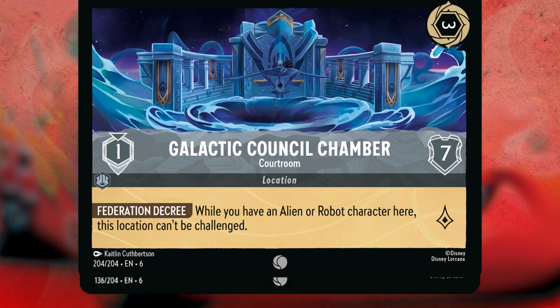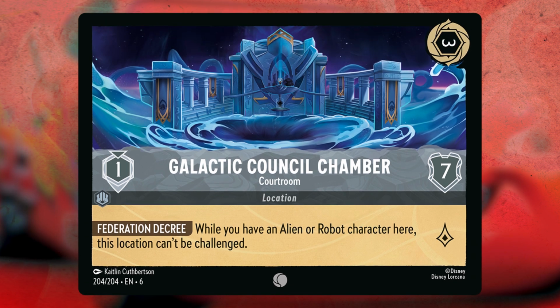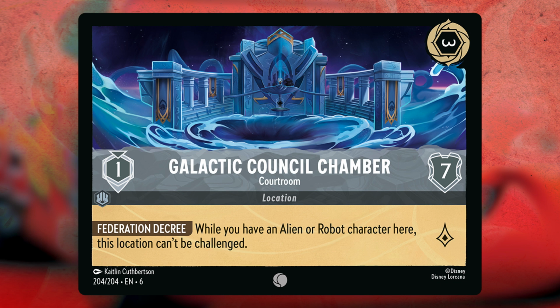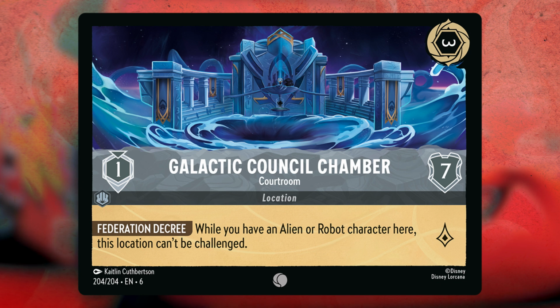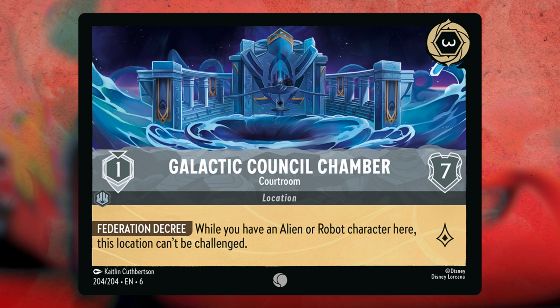Another location within a set rhythm happens to be a reveal from the lorecast for Azurite Sea. Galactic Council Chamber Courtroom gives a new look at this eerie alien location within the sea. Stitch hovers in a holding cell over an unrelenting vortex, centered perfectly while being surrounded by distinct architecture and even more unruly waves in the distance. This cohesion between the two elements just gives this sort of rhythm that's like the symmetry's playing in as well. It's just nice. It's good. It tickles my brain a good way.